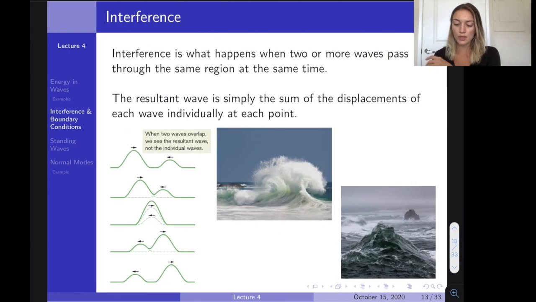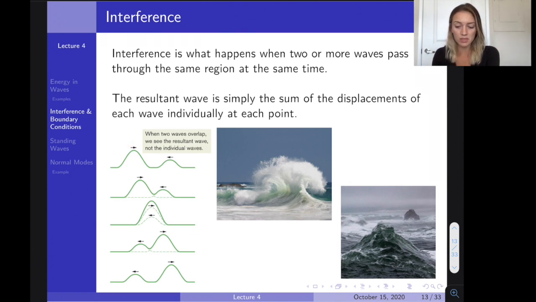So we've got superposition, then we also have interference. Interference is what happens when two or more waves pass through the same region. Again, you've probably seen this at the beach when you have two waves coming in from opposite directions. They kind of meet and get twice as big. So that's interference. And you can see here that if we have, let's say, these two waves of different heights,